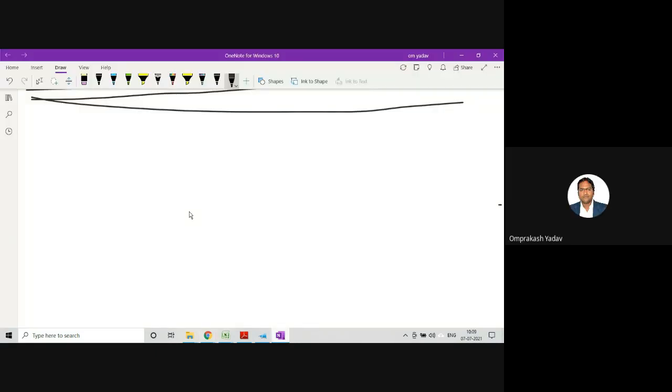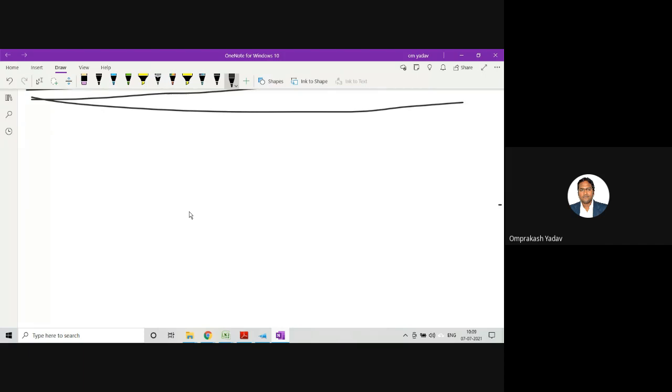Okay, so last time we saw how to write a simple add function and how to call it from the main, right? And we saw the output. I also explained the two different ways by which we can write the function. One is before the main and another is after the main, right? So if you are writing any function after main, then you must write a function prototype for that one. And if you are writing a function before main, then a function prototype is not required.